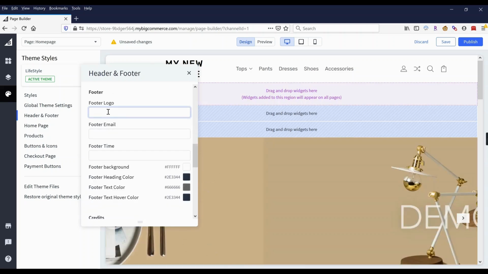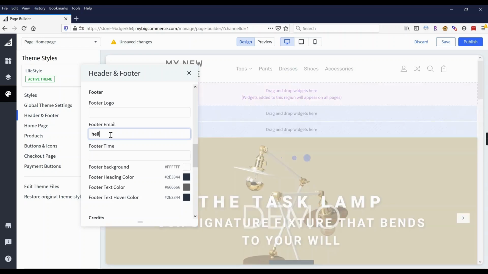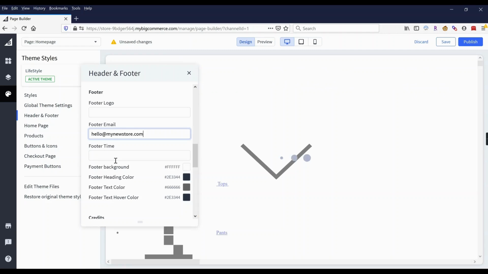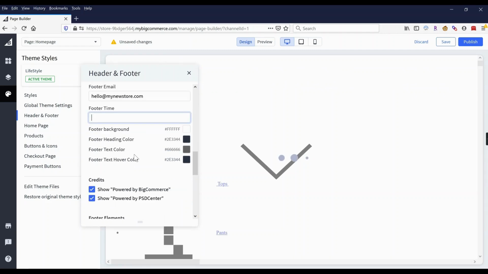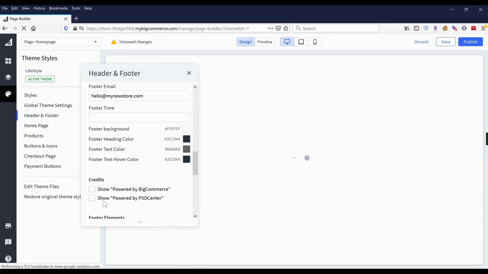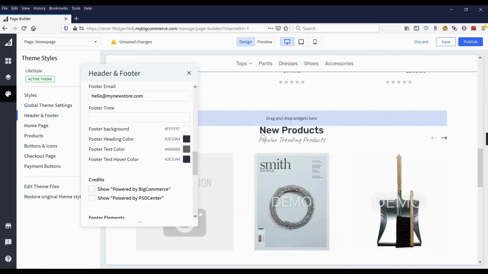And then if I want to add my logo to the footer or include my email in the footer, I can do that. And then I can see how my footer is going to look as well. I do want to turn off the Powered by BigCommerce and the Powered by PSD Center. I really don't need to give them credit in my store. And then if I scroll down and I look at the footer,